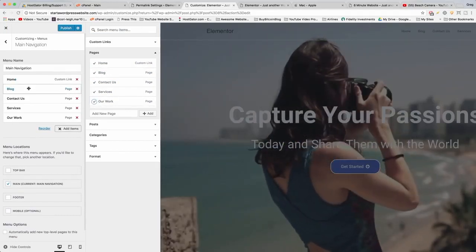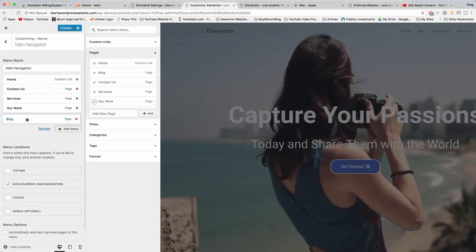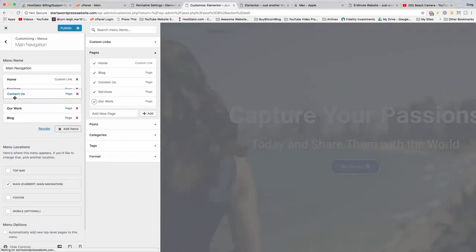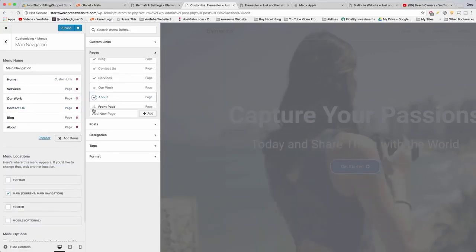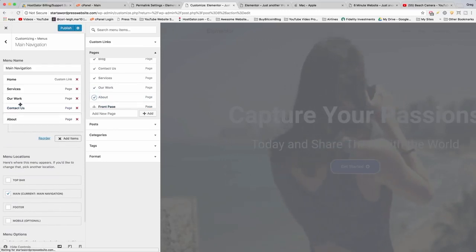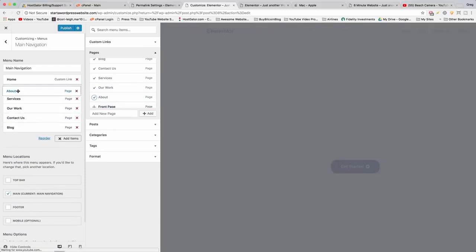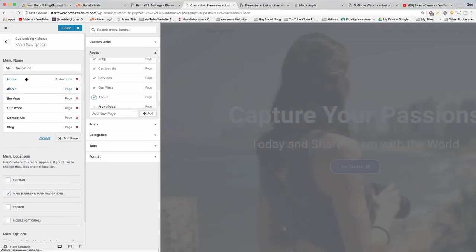We'll just change the positioning of them because we want the blog to be at the end and contact us to be down there too. And we forgot our about page. There it is. All right, really cool. We're gonna bring that up to the number 2 slot. And so right now, home and front page are the same thing, so whichever one you want to use is